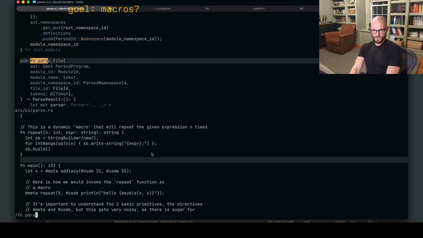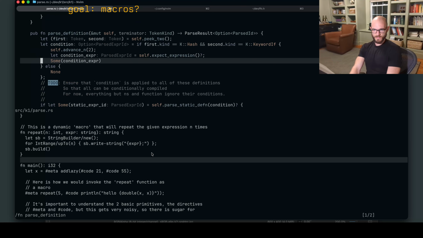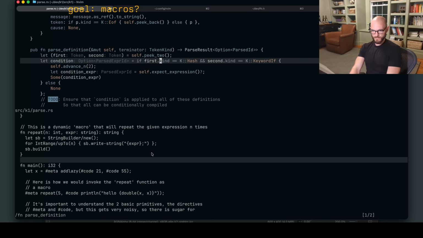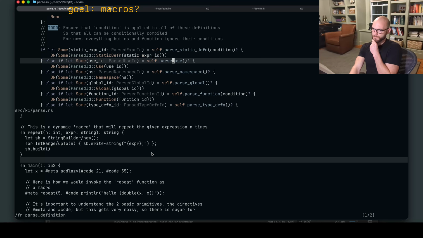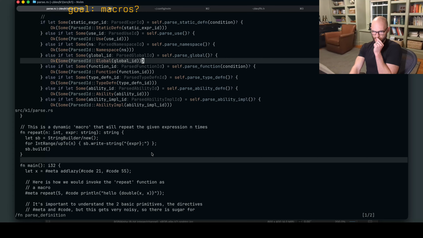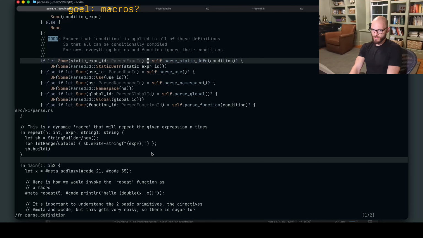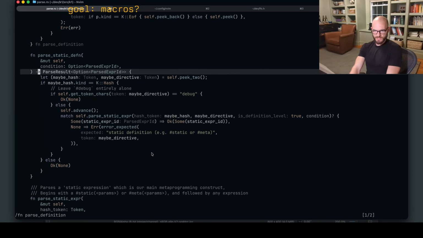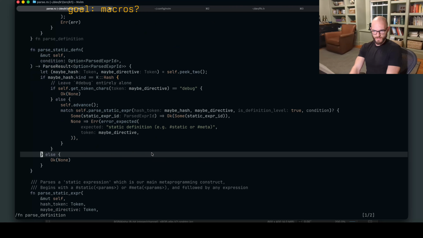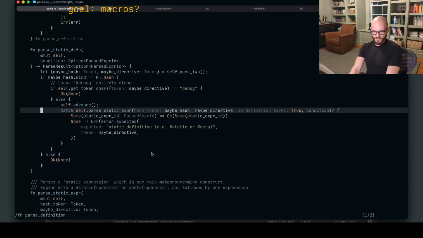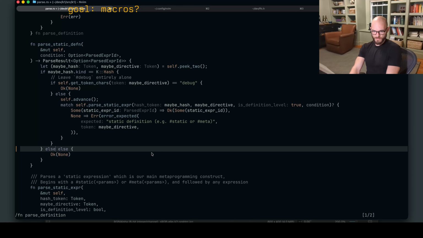So fun parse definition. Hash if. Okay. Where's meta? Static defin. Oh, it's here. This is meta. So is it a static definition? Yeah. And then we do static defin. If maybe hash, maybe directive. It could be like that. It's more like this now.